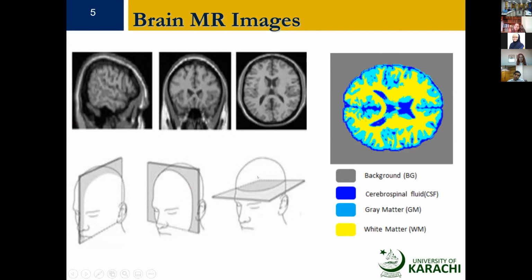So you can see that there are 4 major classes in the brain MR images. One is the background, which is represented by the gray color over here. Then we have the cerebrospinal fluid, which is marked with the blue. This is the gray matter, which is the light blue area, and this is the white matter. This classification is very important because if we didn't,